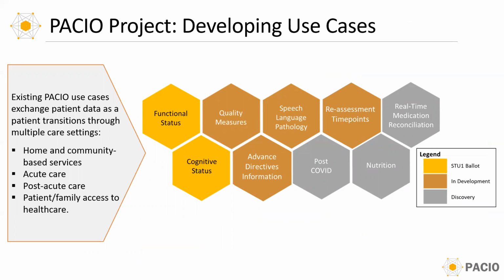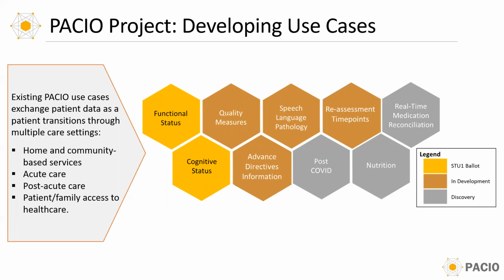Taking a stepwise approach, PASSIO is tackling smaller content areas that comprise the transfer summary by focusing on specific use cases. The PASSIO project initially identified the areas of functional status and cognitive status as areas of clinical importance in need of the most immediate standardization. Functional status and cognitive status IGs are currently in the STU1 ballot process, the final step in the standards approval